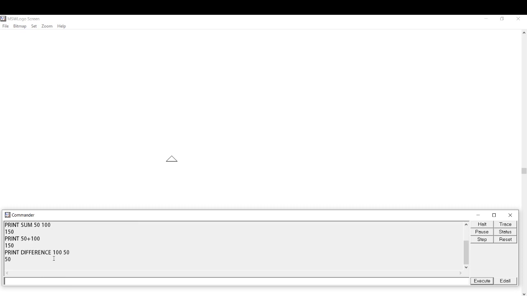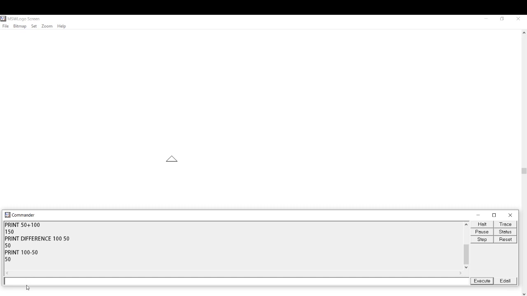You can see that 100 minus 50 is 50. So I have used the difference function, or difference command, here. Or you can also directly write print 100 minus 50. So you can use the minus operator directly as well. This is how we find the difference, or the subtraction, between two numbers.